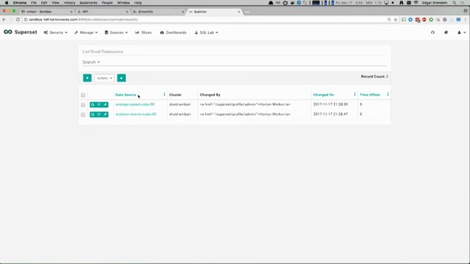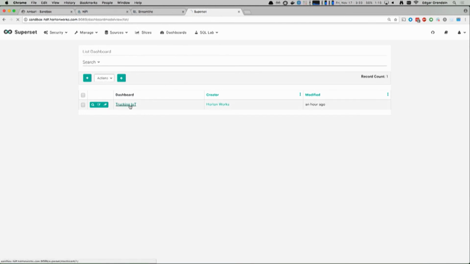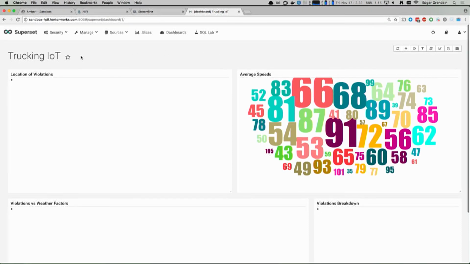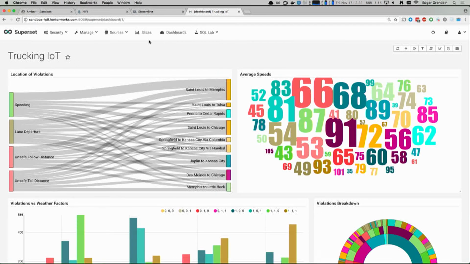Looking at a dashboard that I built earlier today, this is what we're able to visualize in real time using the data that we find in Druid, which again is being sent to it in real time by NiFi, which of course is ingesting it from our edge.